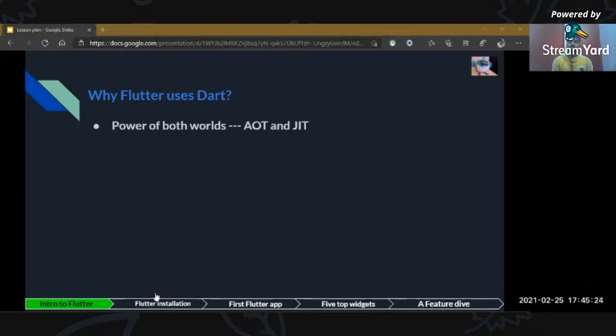So the Dart team at Google thought, why not include these advantageous features of JIT and AOT in making the Dart language? Dart can deliver the best of both worlds: for JIT, extremely fast development cycles, and for AOT, fast execution and startup times.